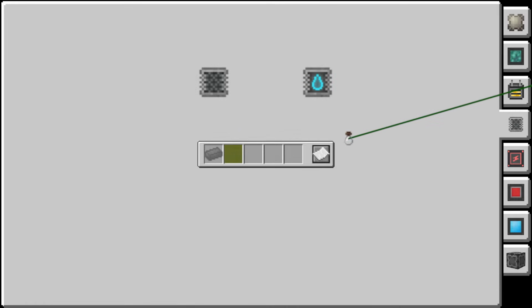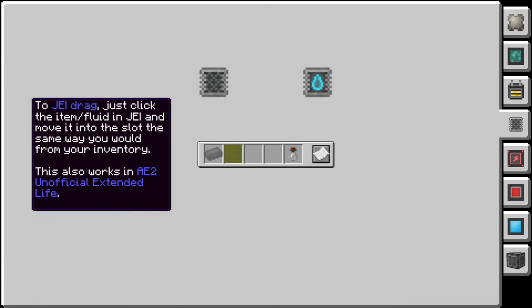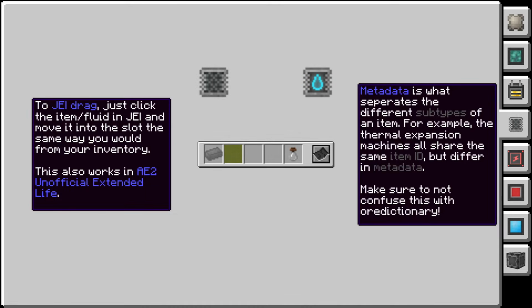The basic filters are fairly simple to use, with both the basic item filter and fluid filter allowing you to filter 5 items or fluids each. To change a filter's configuration, shift right-click it while it is in your hand. From there, you can add items and fluids into the filter by either dragging them from your inventory or from GUI. The filter can also be set to be on either whitelist or blacklist mode, as well as if it should